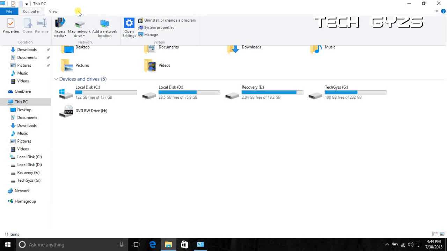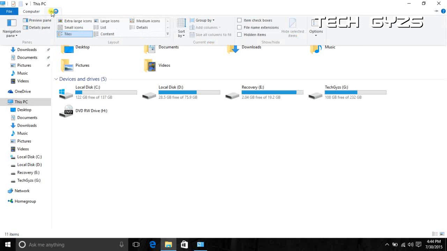So we have to do something new. Here is my computer. Here are the folder options, and on the top, file, computer, view. When you click on the computer view, you will find a new option replaced. Control panel is gone. Now the new option is open settings. That is a pretty awesome feature from Windows 10.